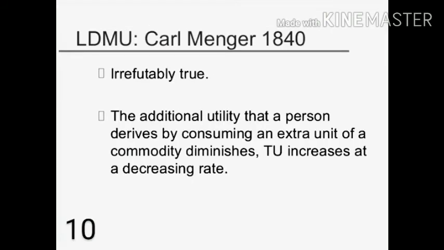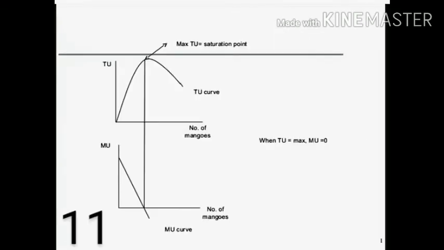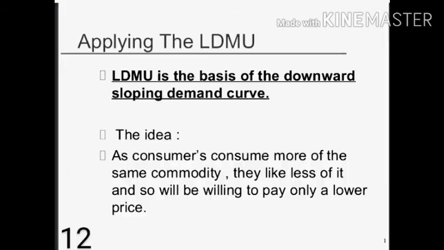LDMU, the law of diminishing marginal utility. It is irrefutably true. It means the additional utility that a person derives by consuming an extra unit of a commodity diminishes. Total utility increases at a decreasing rate. These curves show the diminishing marginal utility theory. Applying the law of diminishing marginal utility,